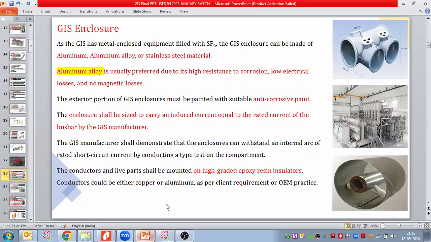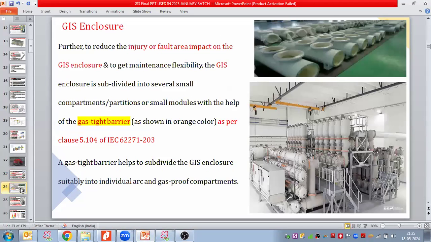Enclosures electrical capability also we discuss. So here, this is one example of the enclosures. Here we have the connections for the flange connections arrangement provided here. So further to reduce the injury or fault area, because we have seen that the internal fault is a major disadvantage